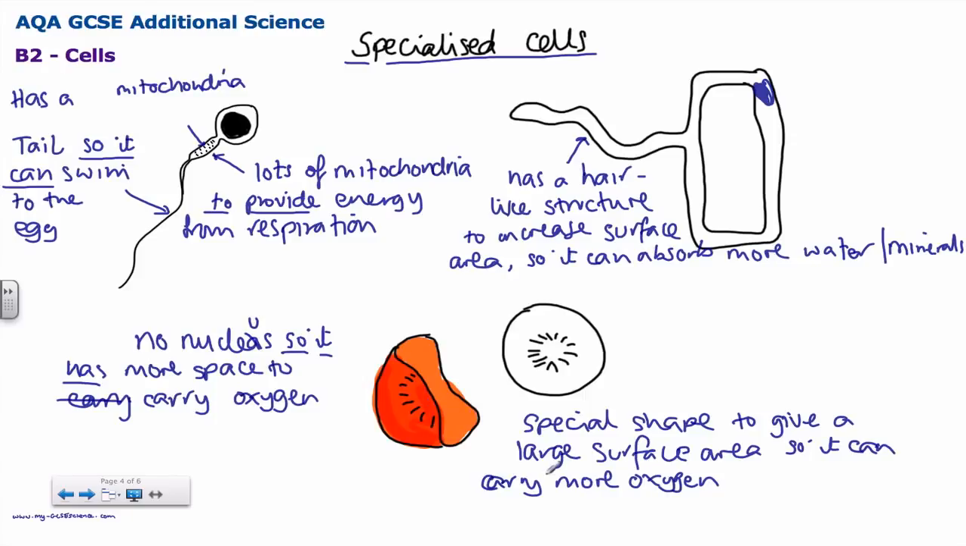Alright, so that's the key part of cells. We've got the structure of cells, what the different parts do, and this idea of specialized cells. And we've taken 3 examples: the sperm cell, a root hair cell from a plant, and a red